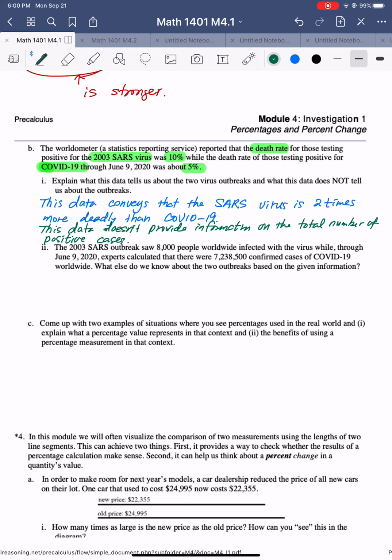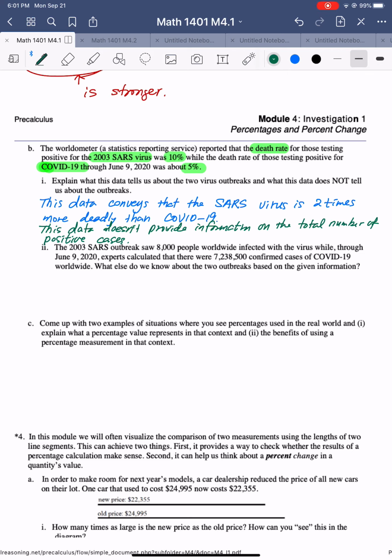Even though the death rate for SARS was greater, 10% versus 5% for COVID-19, if you compare the numbers, 7,238,500 divided by 8,000 from the SARS positive cases, COVID-19 is 905 times